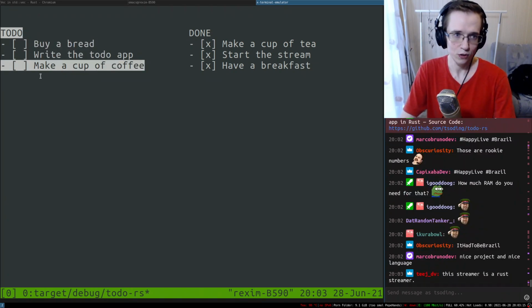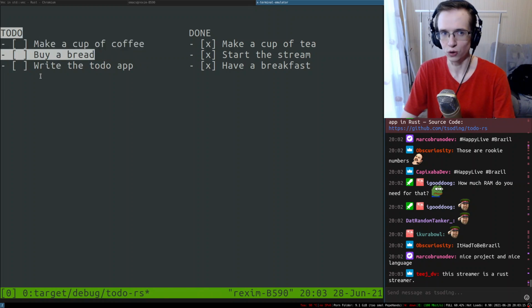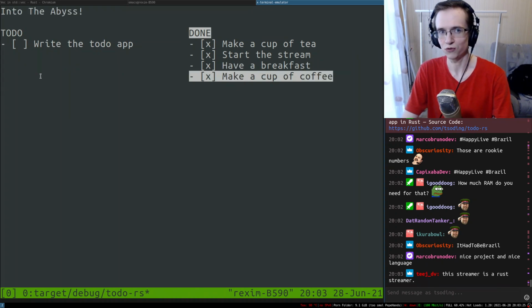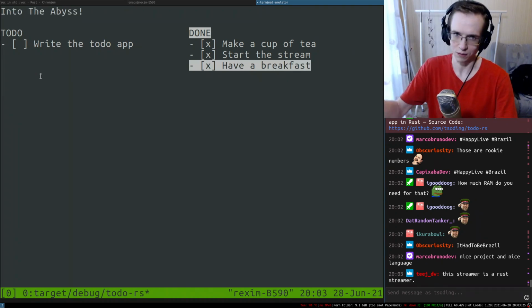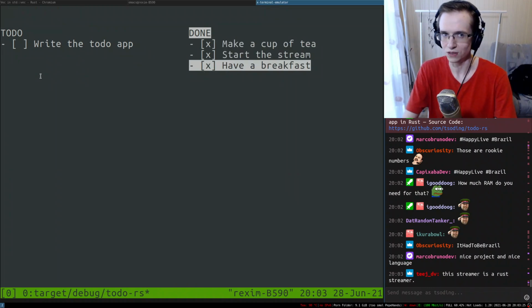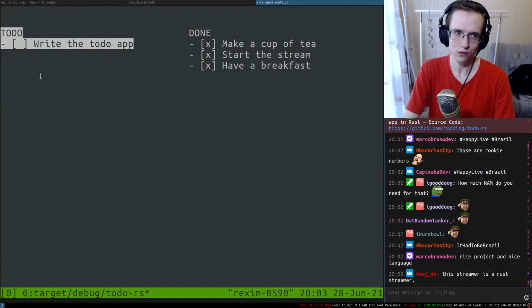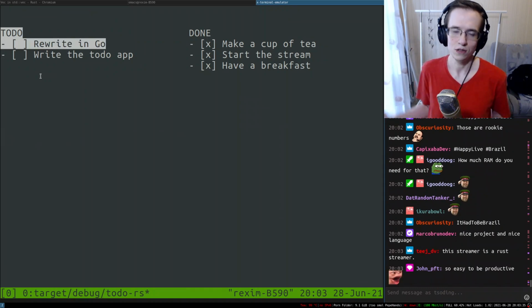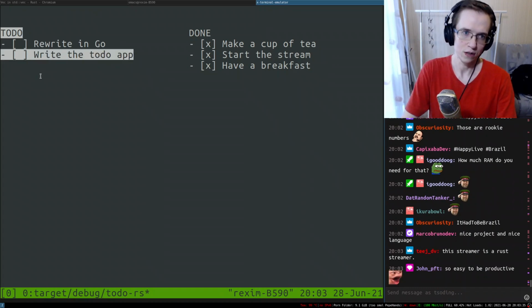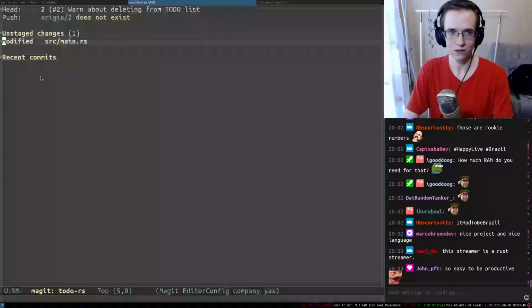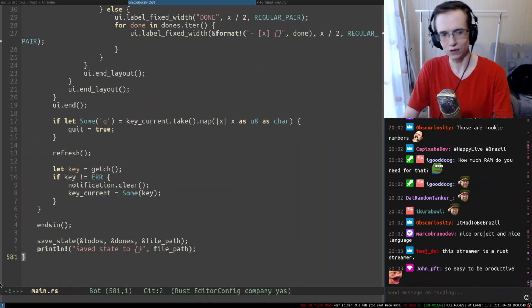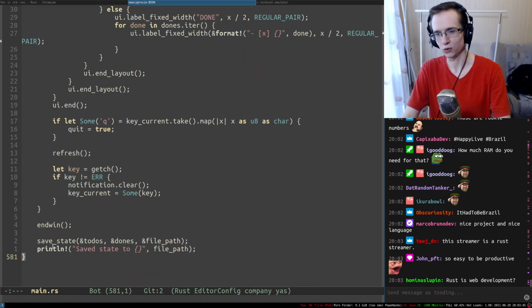And you can drag the items around. You can reorder them however you want. And then if you're done, you can delete the items from done into the abyss, completely removing them, because this is sort of an intermediate archive. And if you need to do a new thing, something like rewrite in Go, you can add it. So that's pretty convenient. And all of that, excluding third-party dependencies, is almost 600 lines of code,